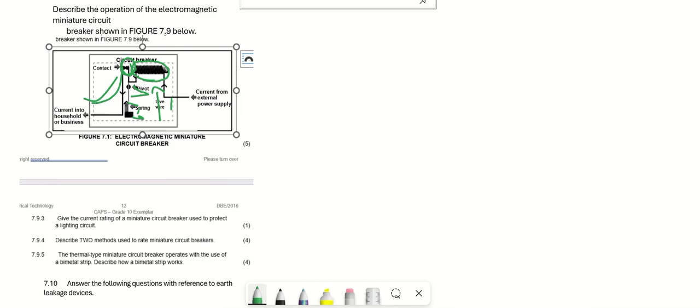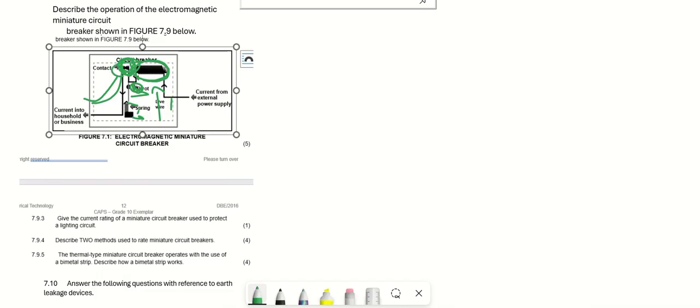I hope you understand me, because I feel like I didn't explain that well. Let me try again. This is a magnetic coil which produces a strong magnetic force because of a high current. This force pulls the pivot arm to create an opening in the contact.